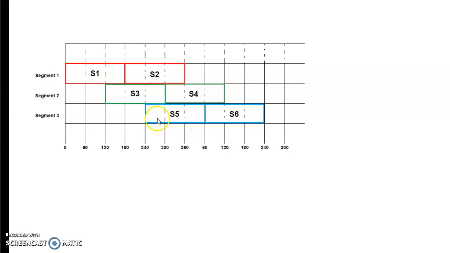After S5, next 180 degree S6 will be turned on, and obviously you can fill here also. Before this S3, definitely S4 will be there. This 2 we can fill all the way up to 360 degree, or you can fill up these blank spaces.